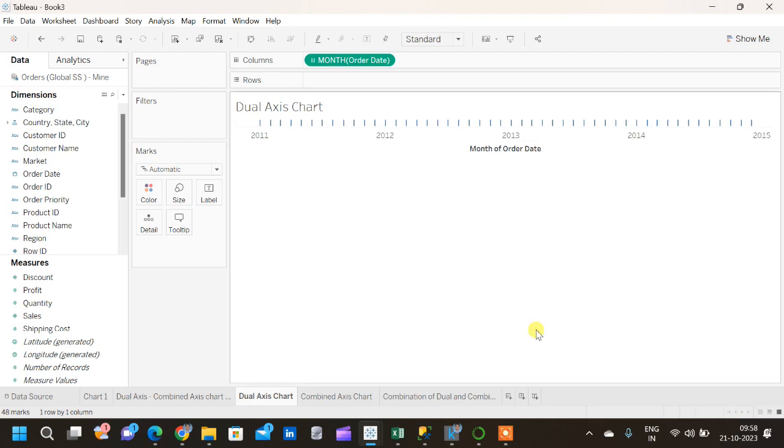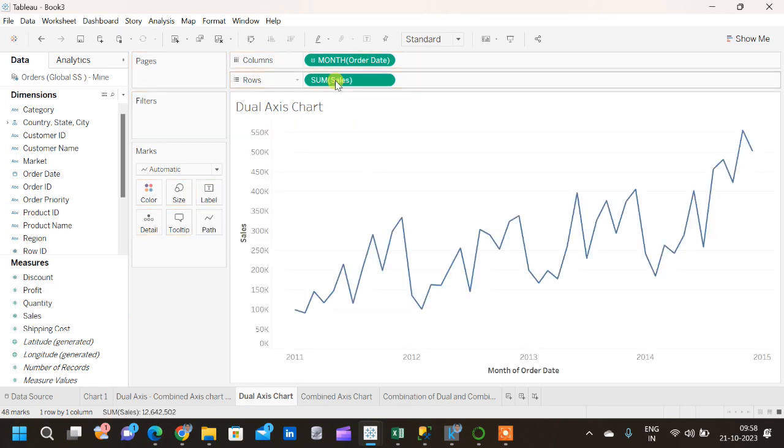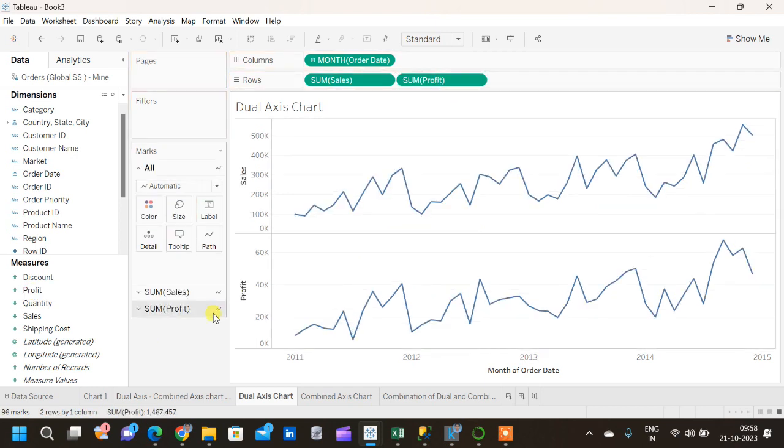So hide this card. Then what we are going to do here is we are going to compare profit and sales. First let me drag the sales into row, then let me drag profit into row. Now we got two different line charts, which is because we have two different measures on the row shelf. So we have two different axes created for sales and profit, and we have a common axis which is the